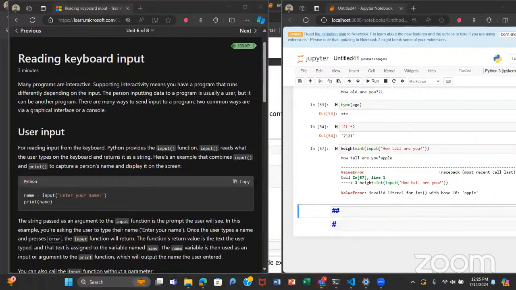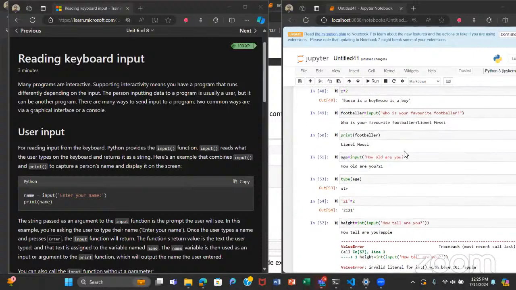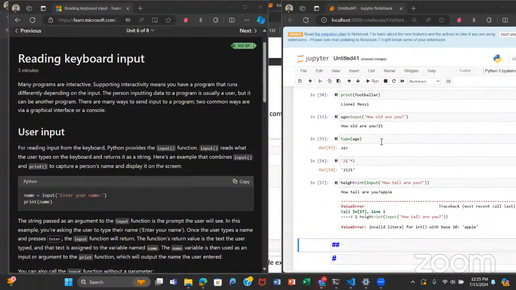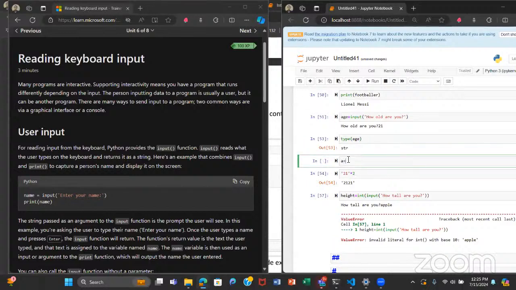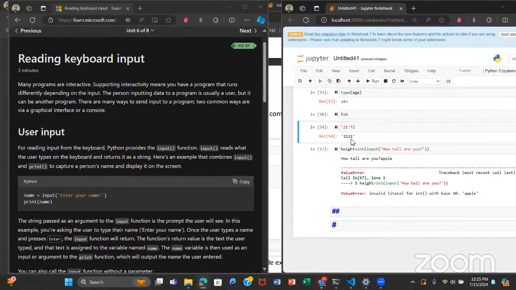Okay, I'll go back to the input function again. Now, you guys have seen how we create variables is a very manual process. We give a variable a name and then we assign it a value. Now, this input function essentially,